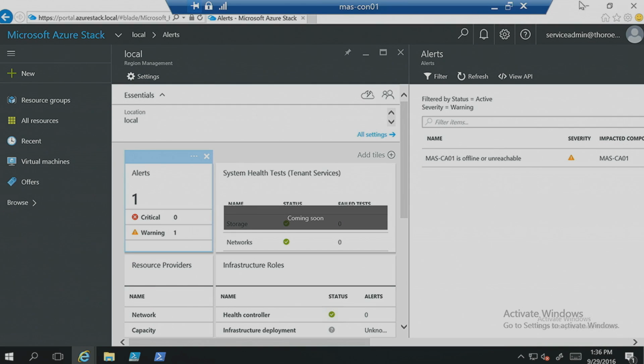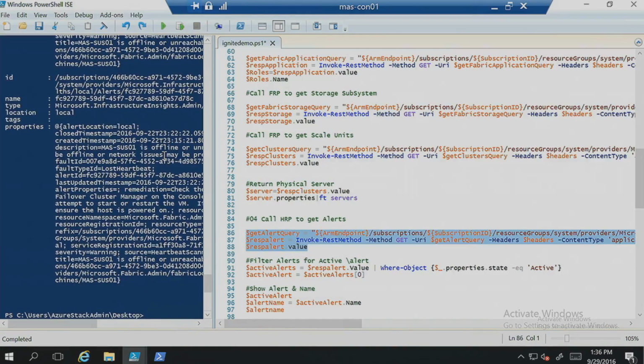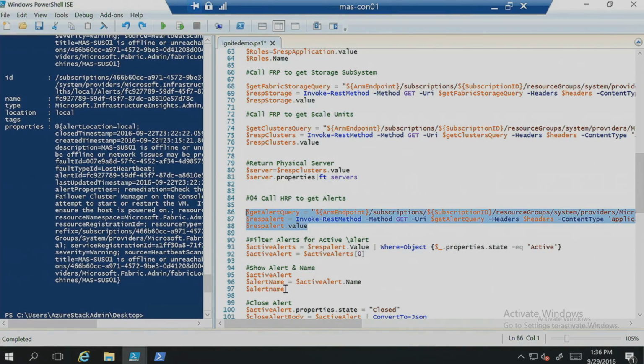Let's see if we can retrieve that alert through the API. Let's first query for all alerts. That's a lot of alerts. Let's filter them for active alerts.